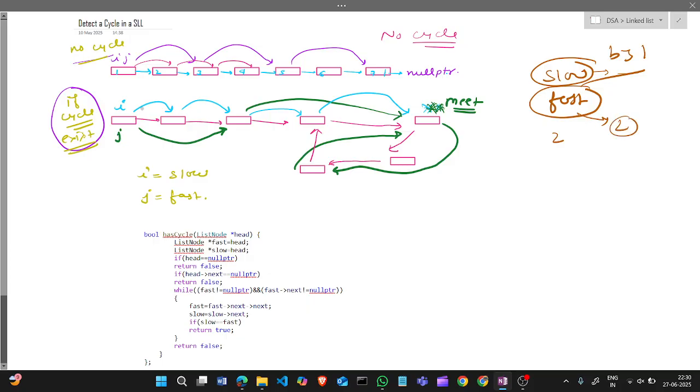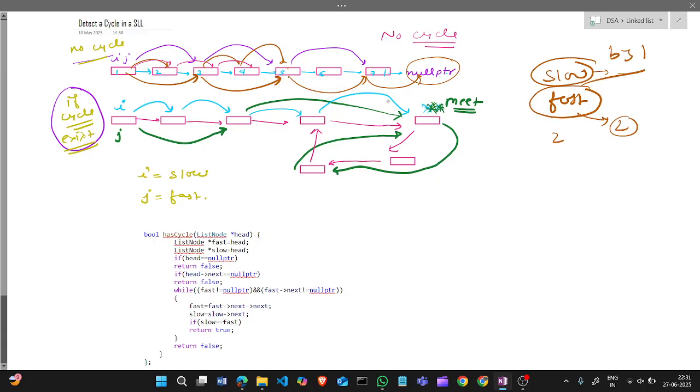So let's check if there is no loop. So how to find? So j will jump to this, and i will jump to this, and j will jump to this, i will jump to this, and j will jump to this, then i will jump to this, then j will become a null pointer. So we will say there is no loop in this linked list.